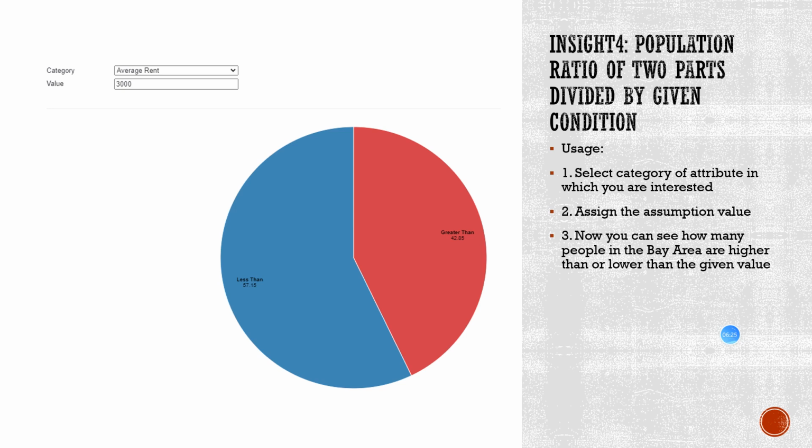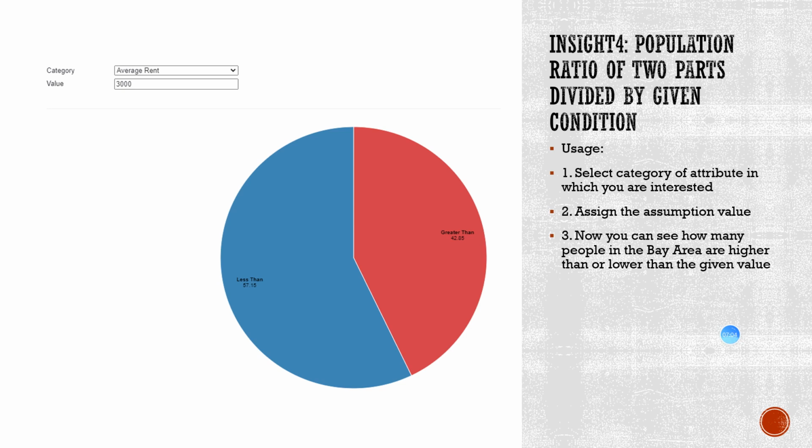For example, as you can see here, the average rent is 3,000, and the percentage on the pie chart stands for the population percentage in the whole Bay Area who are living in areas with less than $3,000 per month, and how many people are living in areas with rent greater than $3,000 per month,